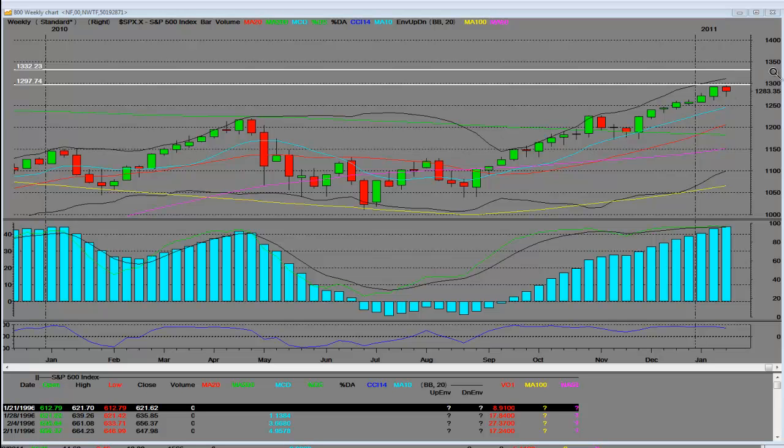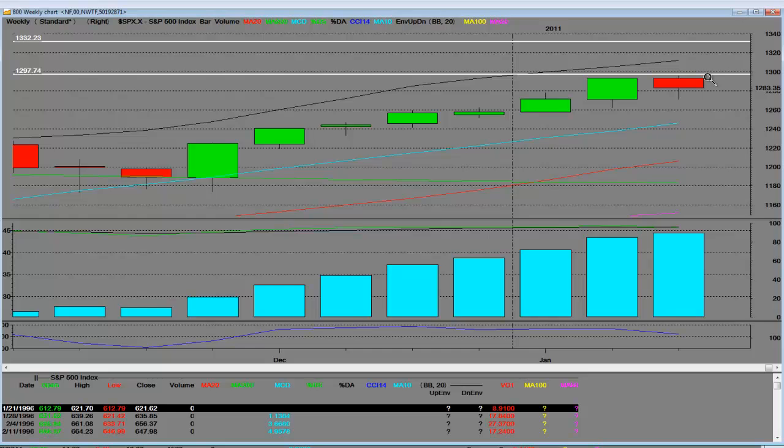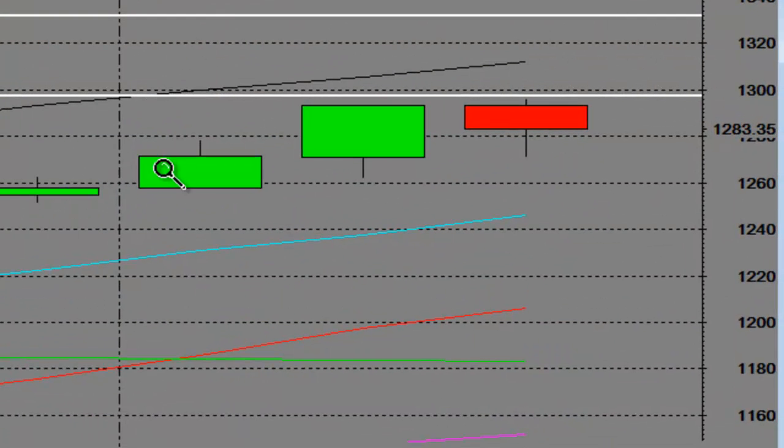We're going to update everyone on the first weekly reversal of the new year. So basically, I'll blow up this part of the chart. This is the January of 2011 move. And we got right up here at the top, and we are about to break half of this weekly bar right there. And a close below that weekly bar, and we'll take half of this narrow range weekly reversal last